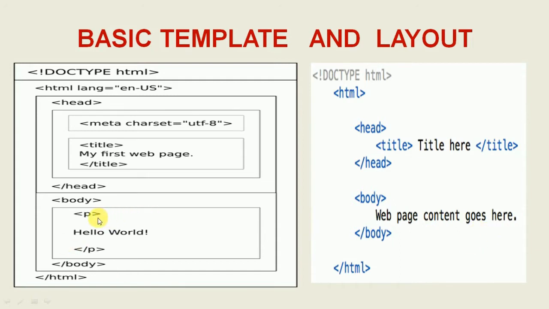Okay, and this P, I will tell you, P is in the sense paragraph. You will see that all are open tag and also close tag: open tag, close tag, title, open tag, close tag. So why is meta an open tag but not a close tag? I will tell you, this is the inline tag, and head, title, body, P means paragraph, those are the block level tags. I will tell you what is block level tag and inline tag. So I will go now to the HTML text editor.